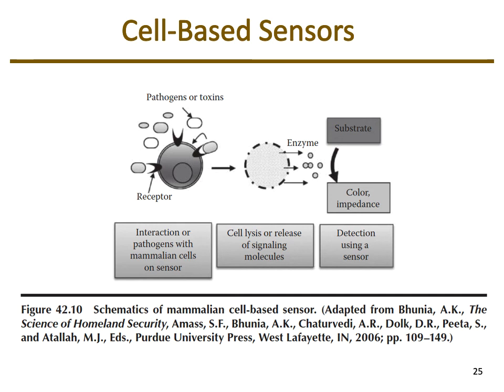So another newer method would be cell-based sensors, and this is pretty cool because what they have are these cells that, based off of receptors on them, will recognize the pathogen or toxins, and they actually have a sensor in them. So obviously there's some alteration of these cells. If they sense that pathogen or toxin, the cell ends up lysing, and it actually releases these signaling molecules so that they can then be detected. So again, the cell would produce